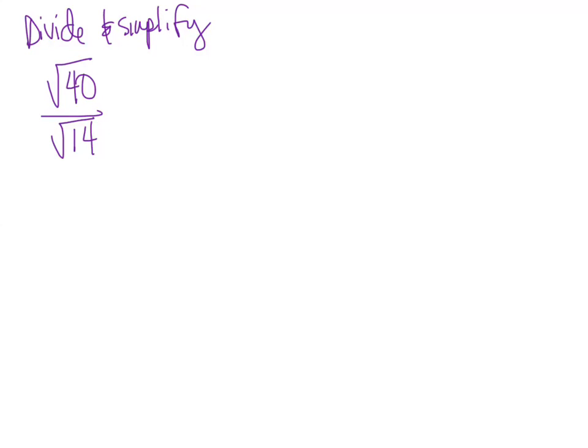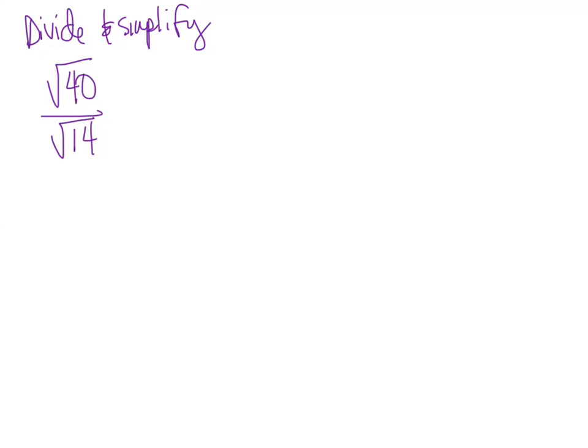Divide and simplify. We have the square root of 40 divided by the square root of 14. And when I have two radicals that are being divided, I always look to see if they have any factors in common. And in this case, they do. So rather than make the problem larger by multiplying the numerator and denominator by the square root of 14 and